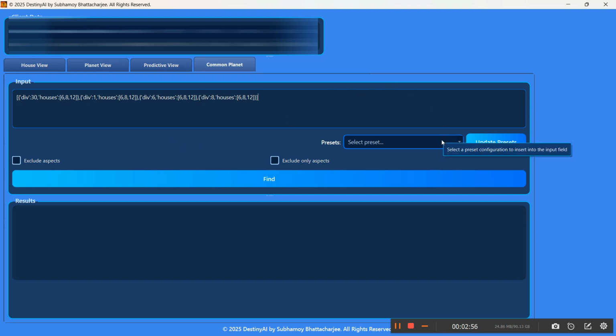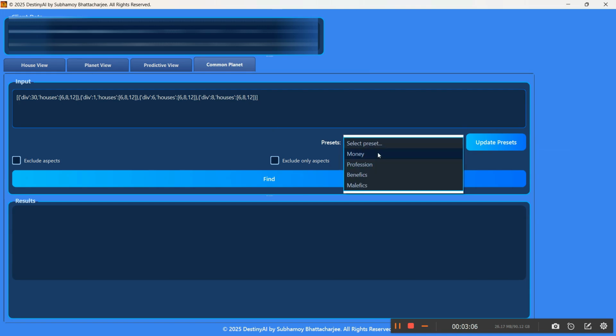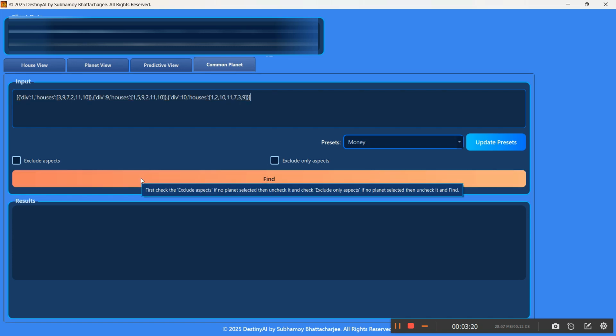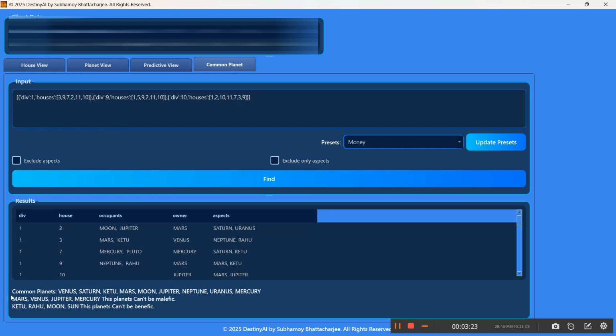Now from here, please follow my cursor, this is the preset. If you select here money, then follow here, the formula is changed. If you click find, then please follow my cursor, common planets: Venus, Saturn, Ketu, Mars, Moon, Jupiter, Neptune, Uranus, Mercury is the common planets, signifying these